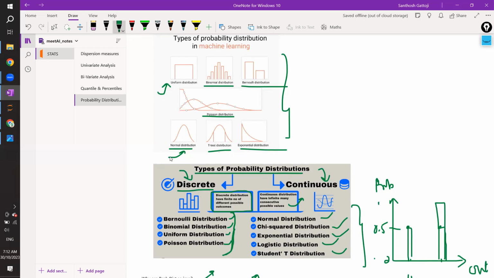For example, normal distribution. As I said, normal distribution is very natural. Agree? That means initially it will be low, and at one particular level it will have a maximum value, and again it will start going down. As I said, if you take age on the x-axis and energy on the y-axis, so usually